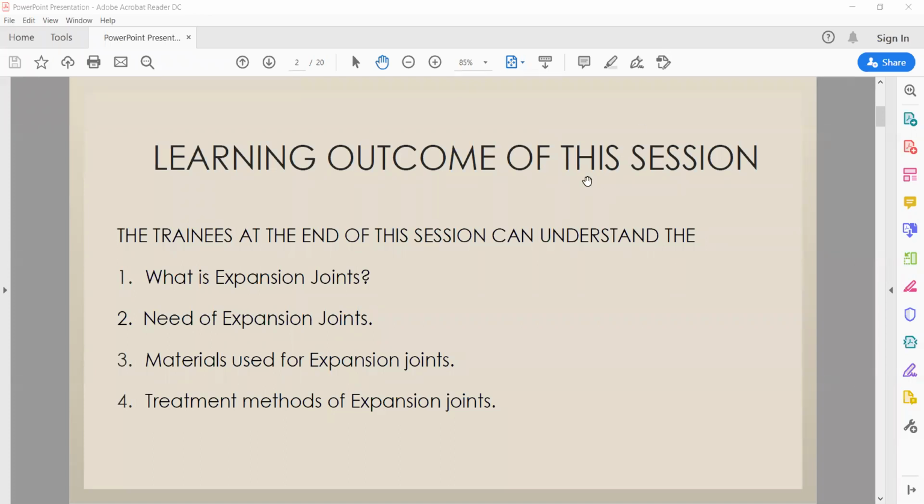Ma'am, I wanted to ask about expansion joint types. Expansion joint, again, it itself is a type actually. There are no types of expansion joints. It itself is a type. You will just provide it at different places: slab level, wall level, foundation level. So there is no type of expansion joint. Either it is the materials or the fillers that you are giving. No types. Apart from this, you have other types of joints in construction. It can be construction joints, which will be taken in the next class.